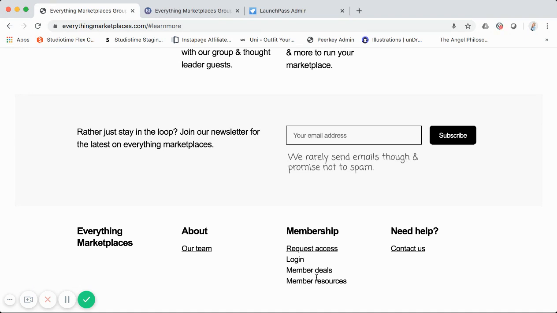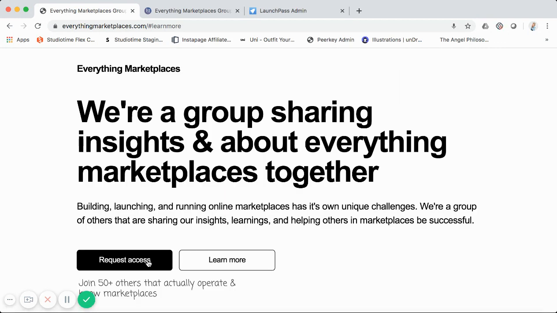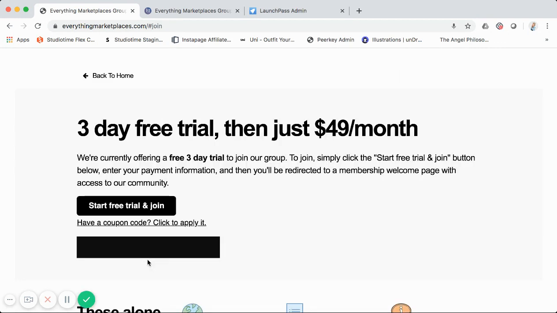Request access is next. The member login and member resources links are dead links right now because I haven't built out all the full functionality yet. The contact link just opens up an email. So we'll go up here. This request access is the same as the request access button right here, so let's go to it. That's actually on